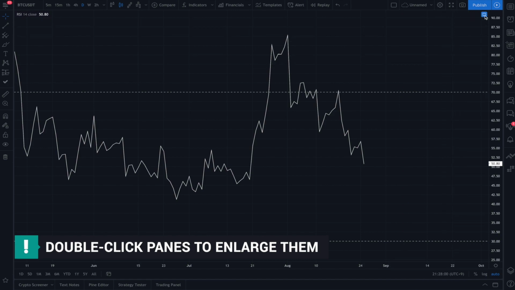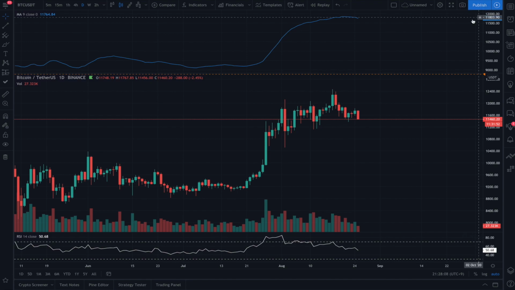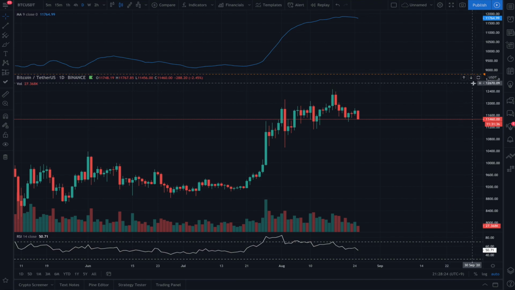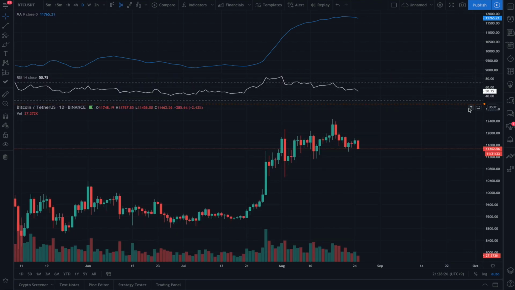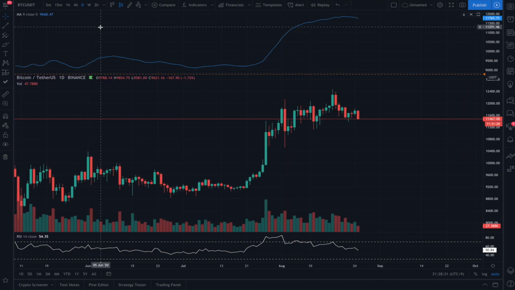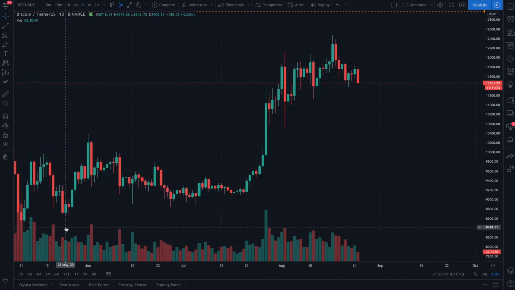Note up here in the top right, it has this cube, I guess it's a pane with the sides open. Just click that or double click to resize the pane. And in the same way, if I want to make the chart of Bitcoin the biggest thing possible, double click here in the center and I'm good to go. If I want to move Bitcoin around and put it to the bottom, just do this and I can do a little dance with my charts. There we go. Once I'm done with this, I can remove my indicators